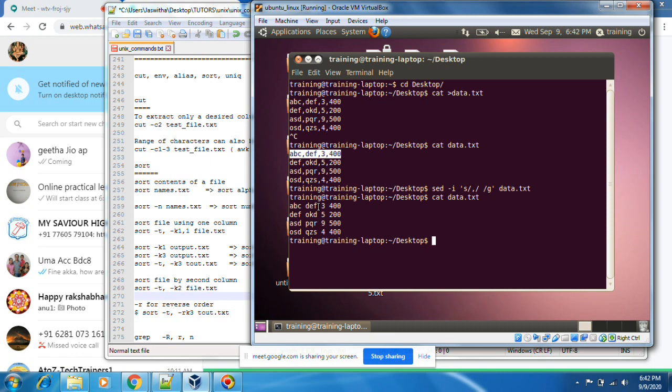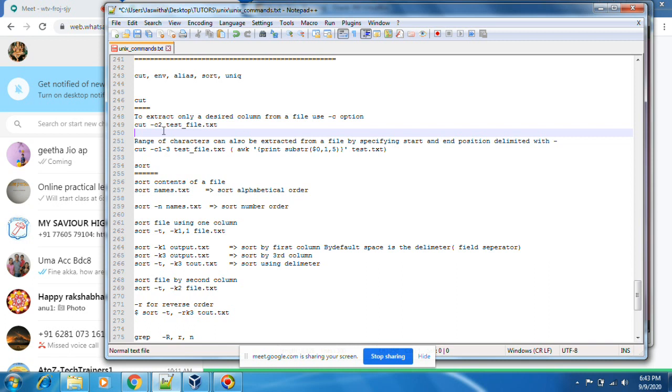By default, any command works with space as the separator. If you want to work with a specified separator, you need to give the -d option. Let's see that later. Let's understand how cut works. If you want to cut with the desired column, you can mention -c.